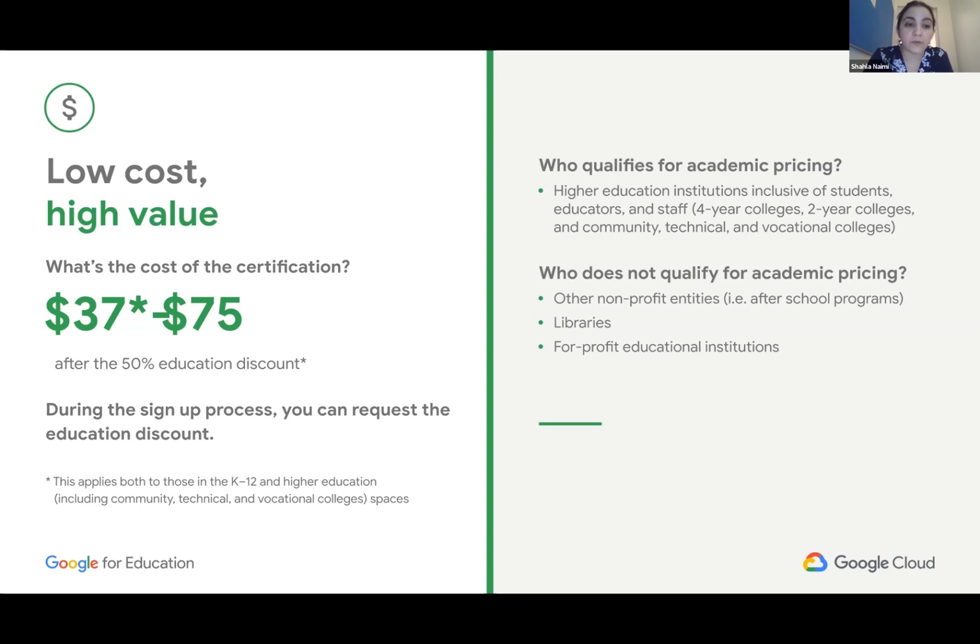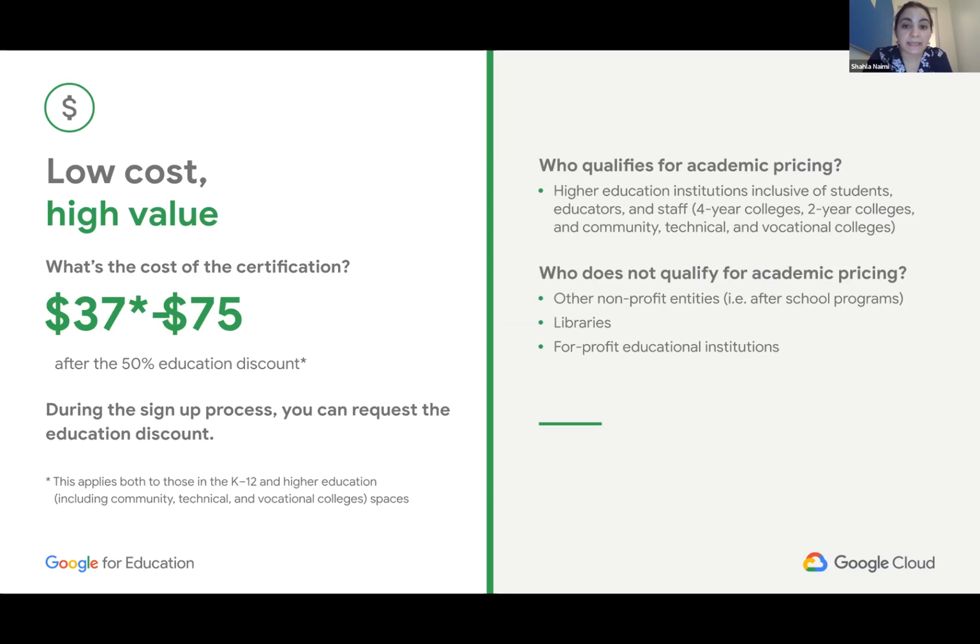As you go to sign up your students to take the exam, or even if you decide you want to get the G Suite certification yourself as a teacher, you would be eligible to receive the 50% discount. You would see that as an option to get more information about how to apply for it and how to get access to it when you go to sign up for the exam.